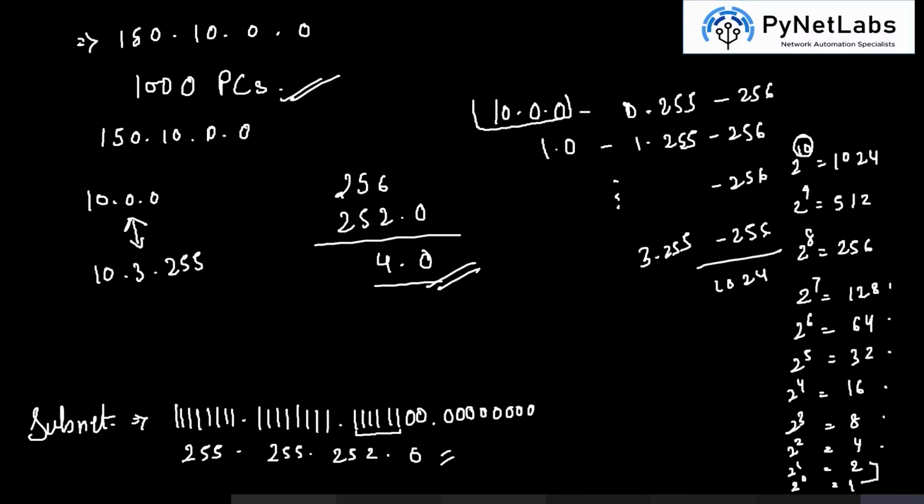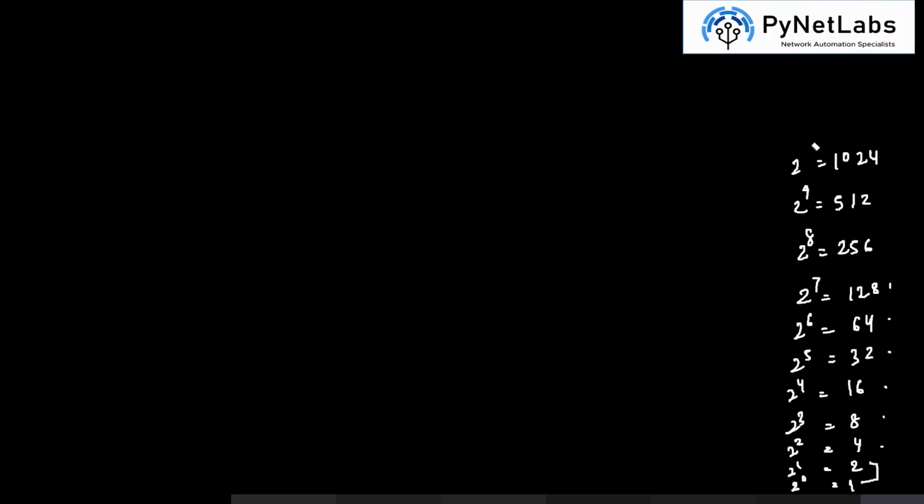Let me just erase this quickly. So I hope now you guys are clear how we can use the same IP address for the distribution of IPs to different number of PCs. Like we discussed at the very beginning, there is a building with different floors. At first floor, there is requirement of 50 PC.